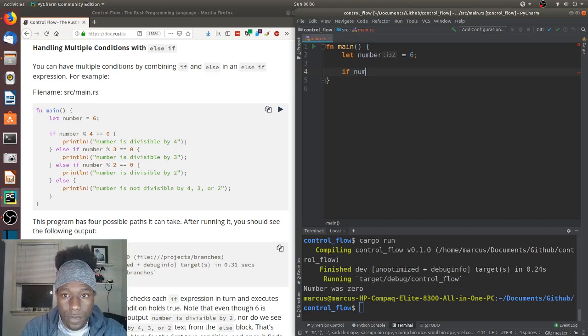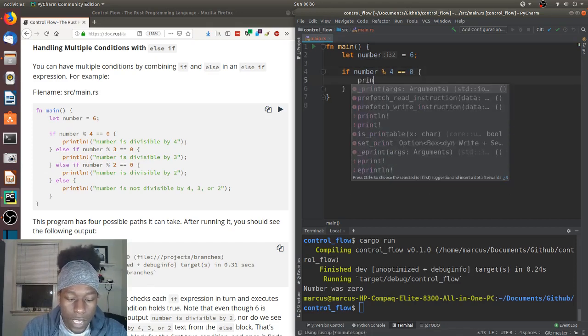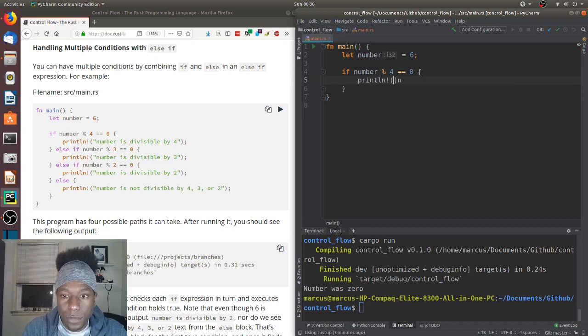If number mod 4 is equal to 0, then we print, what do we print? Number is divisible by 4. Does this make sense? Number is divisible